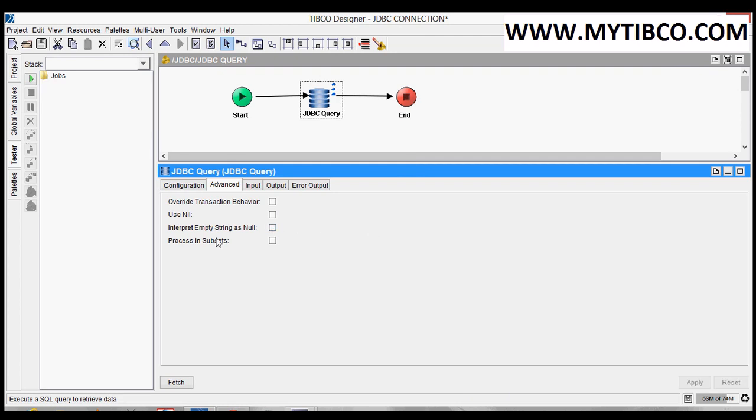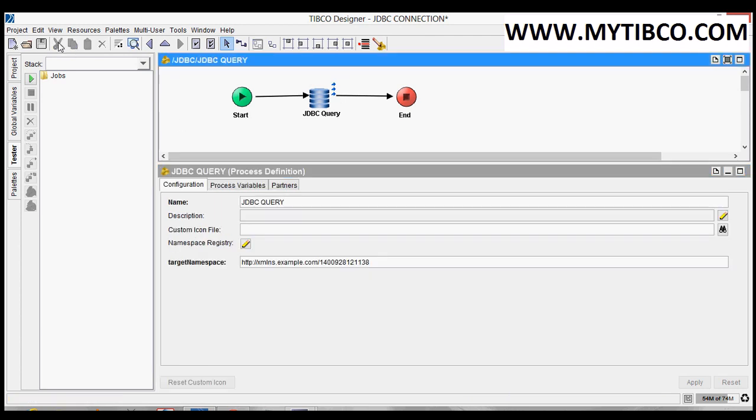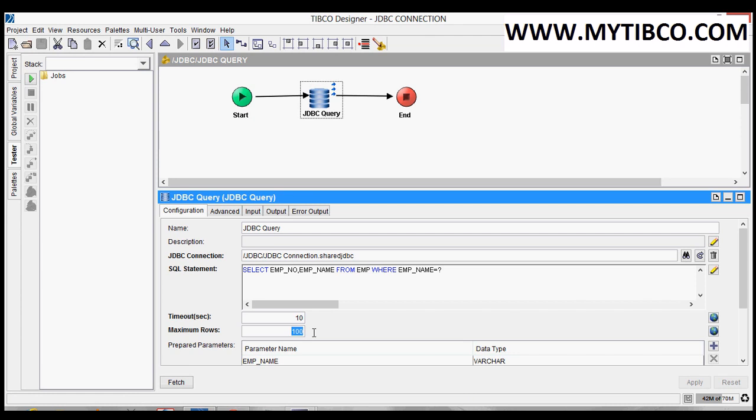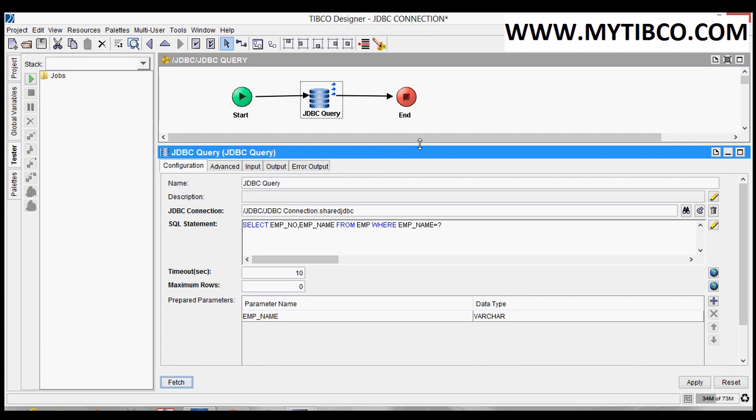Processing subsets. We can use this option to get a limited number of records when we are requiring a large number of records. For example, a query matches 1 lakh records and we have to process those 1 lakh records. If we specify the 0 value, it will fetch all 1 lakh records, and it takes a lot of time to get the records and consumes a lot of memory.